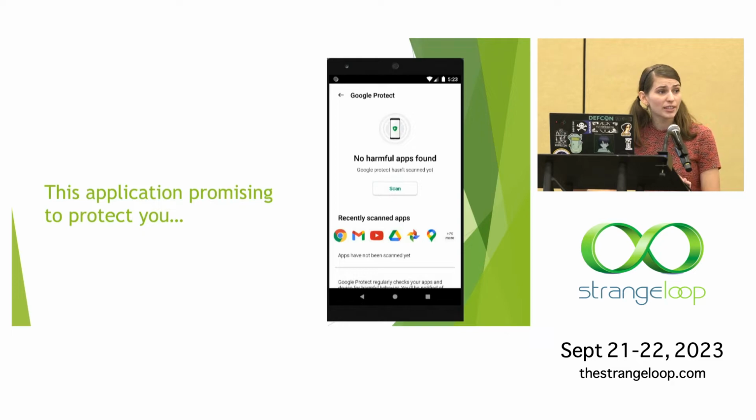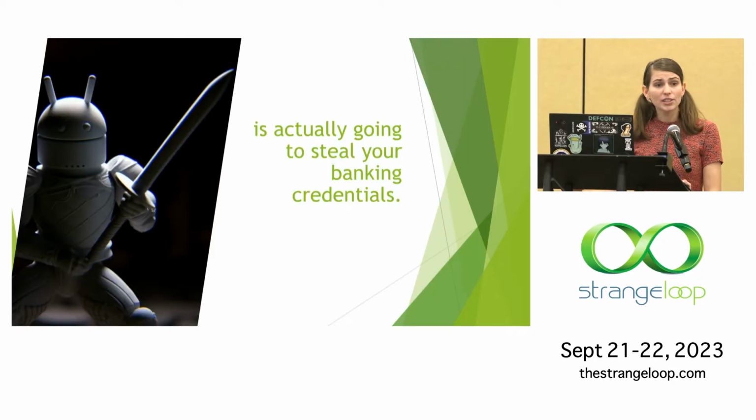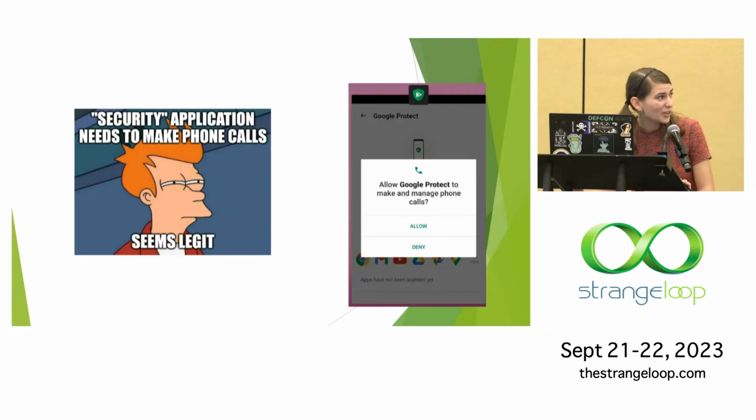So this application that is promising to protect you, saying it is the legitimate Google Protect application, is actually a banking Trojan, and it's going to go ahead and steal all of your data and drain all of the funds from your bank account if you install this on your device. Now, I don't know about you, but I don't really expect Google Protect to need to make phone calls on my behalf. But this is exactly what it is requesting your permission to be able to do,